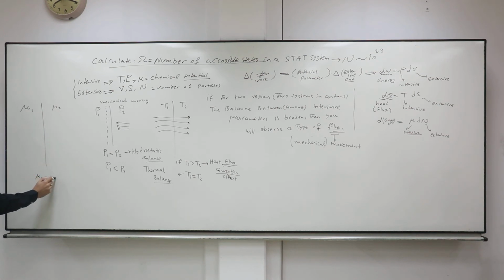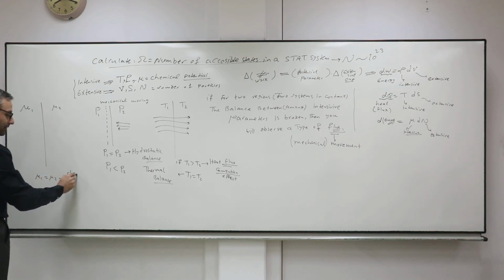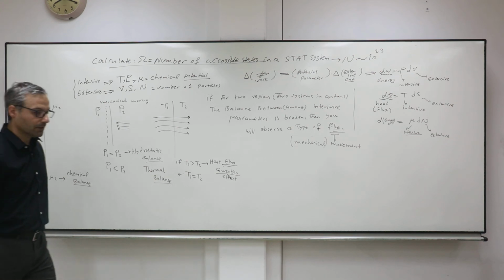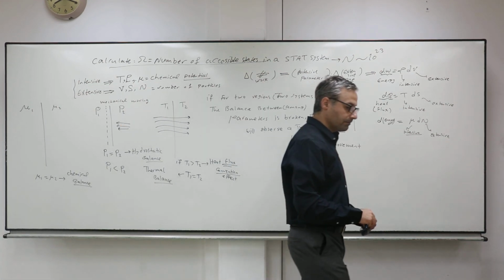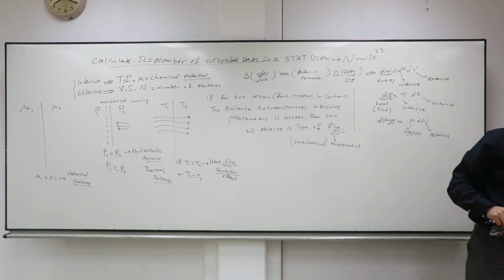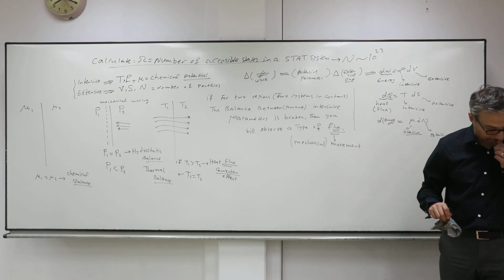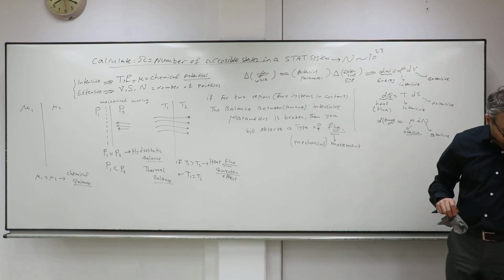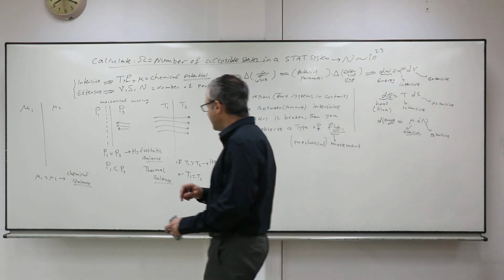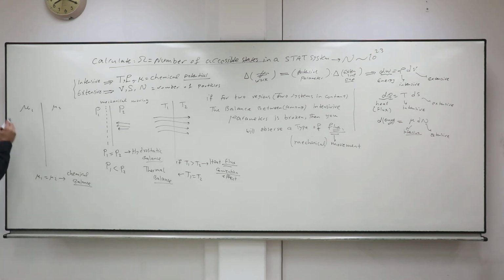If mu1 is equal to mu2, we have what we call chemical balance. For example, if you have this simple chemical